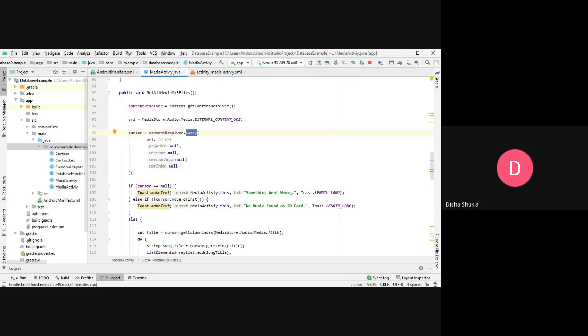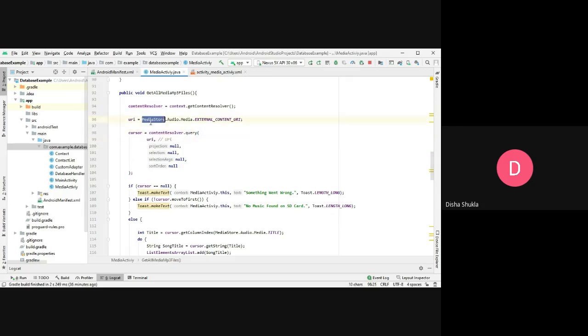See, we used SQLite database's object db dot execSQL and dot rawQuery. Those were the two methods that we used for getting the value or for executing a particular query. Similarly, whenever you are using a content resolver, we use content resolver dot query, and inside that we pass the URI.